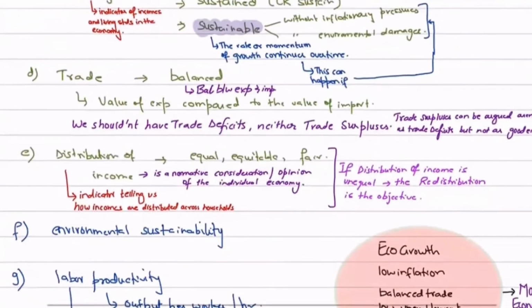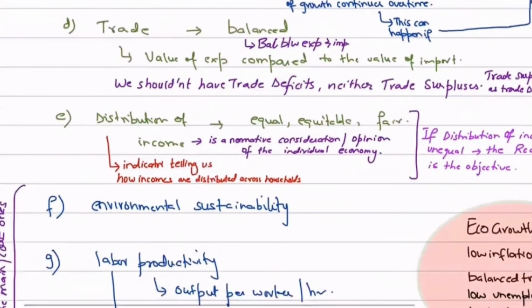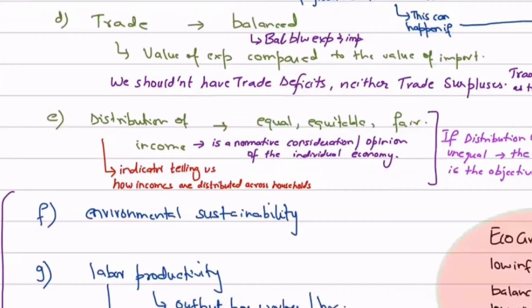ठीक है. दूसरा इंडिकेटर जो होता है मैक्रो इकोनॉमिक्स में, वो हमारे पास होता है ट्रेड. अच्छा, बाय द वे, trade is a component of balance of payment, and trade is a component of current account. That is exports over, basically we are trying to find out the balance of trade, that is how much we export and how much we import.